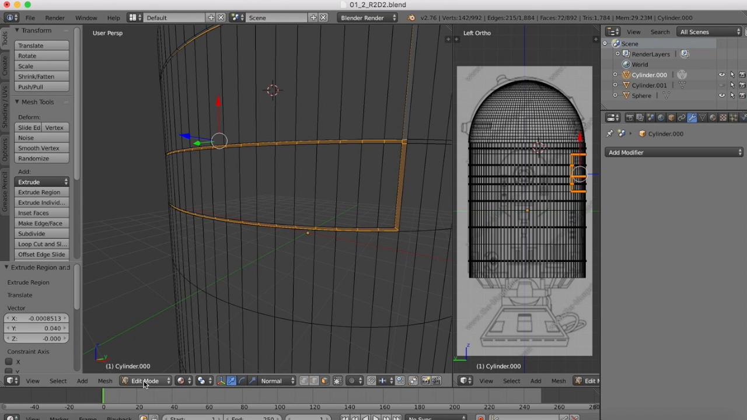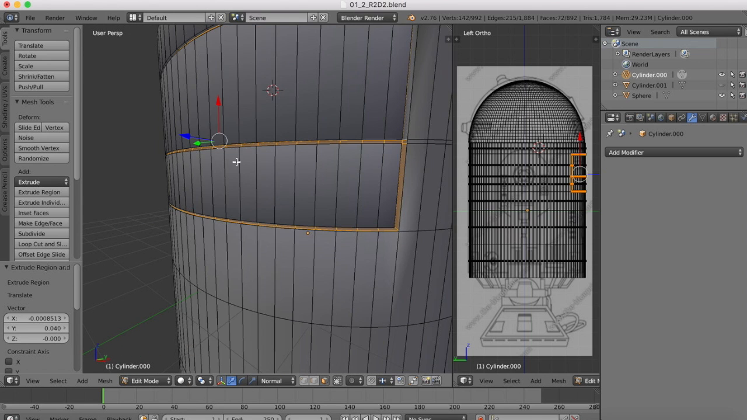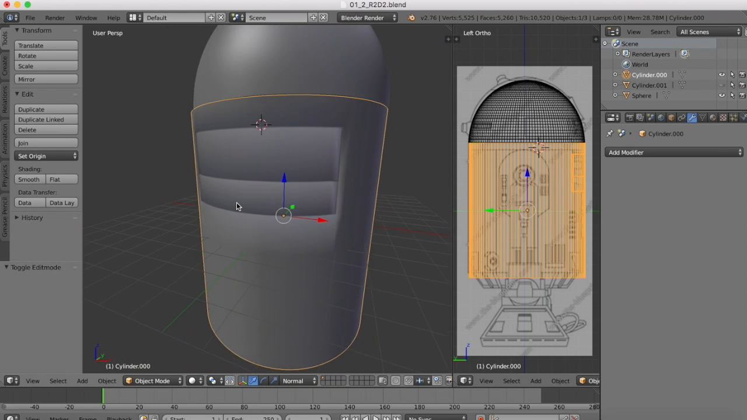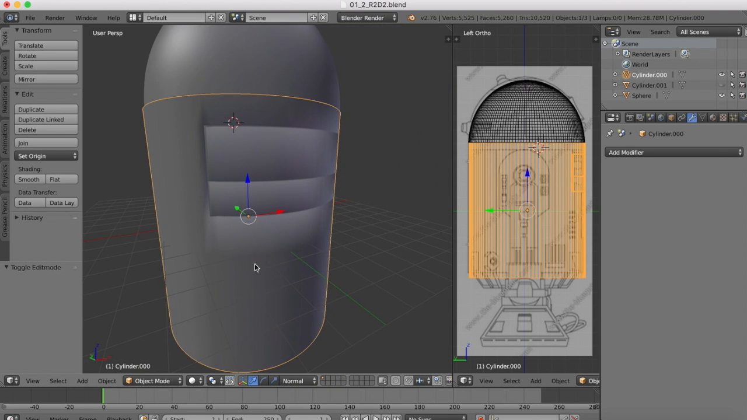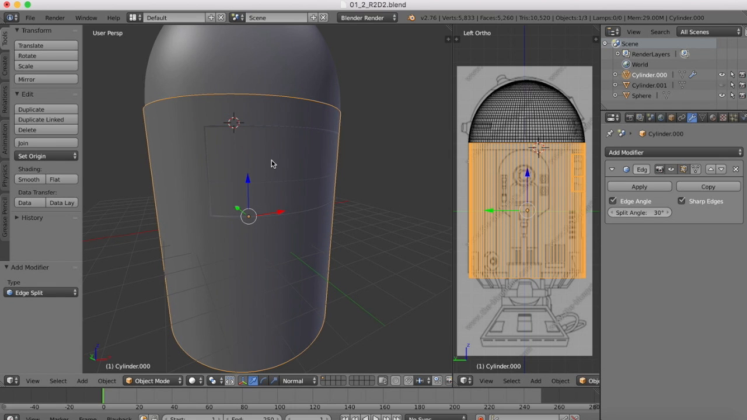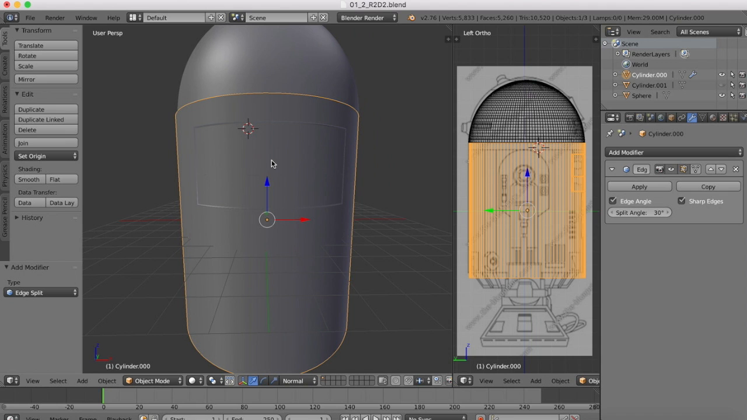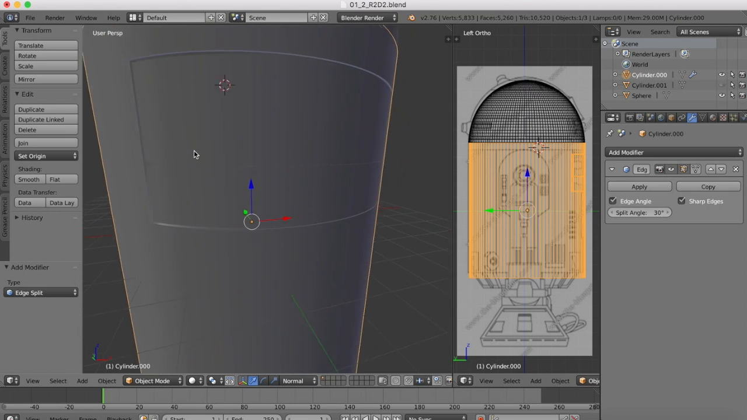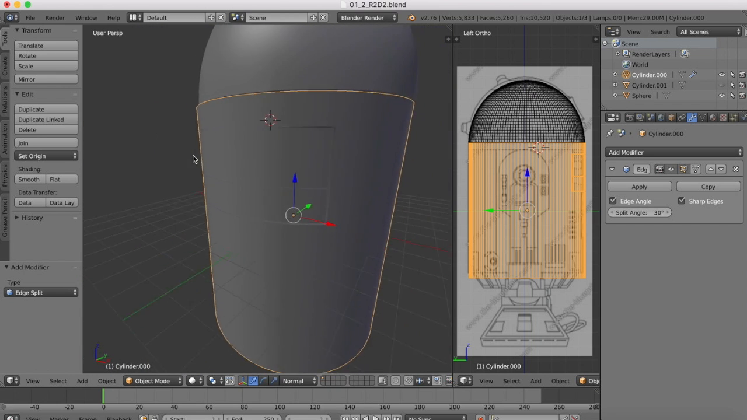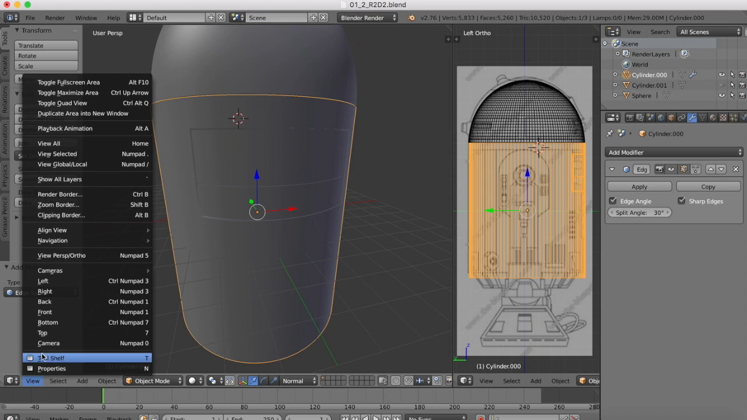So now we've done that, if we were to switch back out into our solid view, you can see that we've got a bit of mess now that needs clearing up, and that's going to be easily done with an edge split modifier. So just apply that edge split modifier there, and you'll see that now tidies up those edges and gives us nice sharp panel lines. So we'll go back over to our front view,